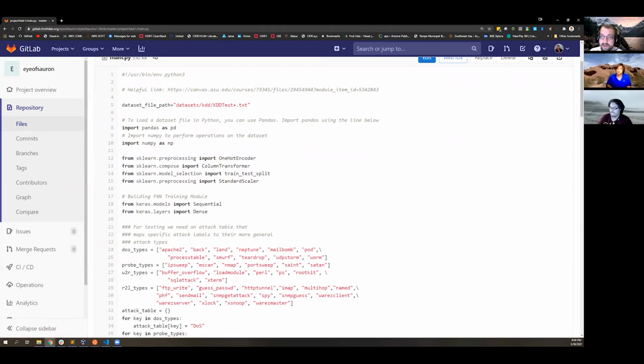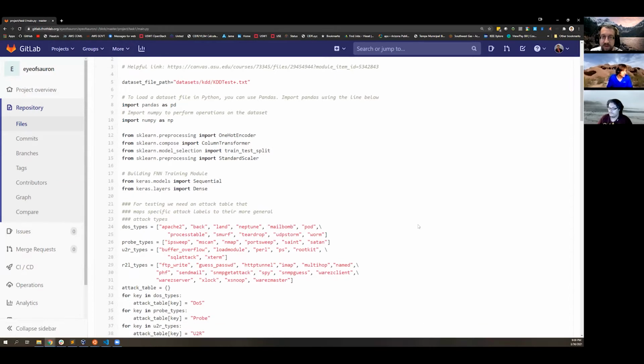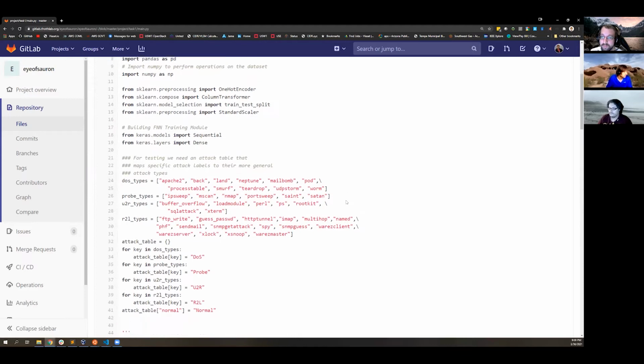In this particular data set that we're using, the National Science Labs KDD data set, it exposed a number of attacks: denial of service, probing attacks such as port scans, user to root privilege escalation, and remote to local network-based attacks, as well as a handful of normal traffic